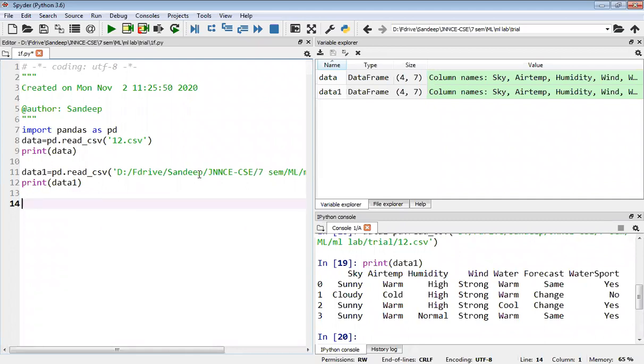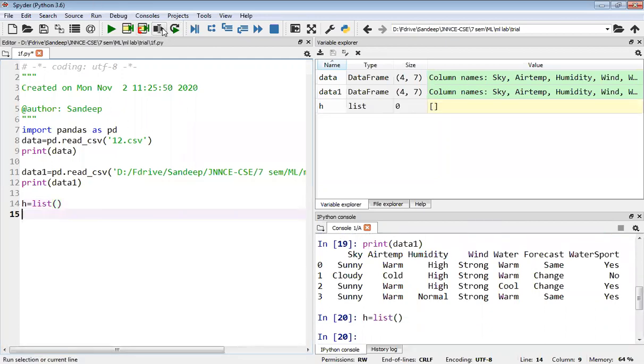Okay, once you read the data, now the data is present in the program. It is in the form of a data frame, and we have given the name for that as data. So now data is present. I should start a hypothesis. In Find-S algorithm, we will start with the most specific hypothesis, that is the null hypothesis.